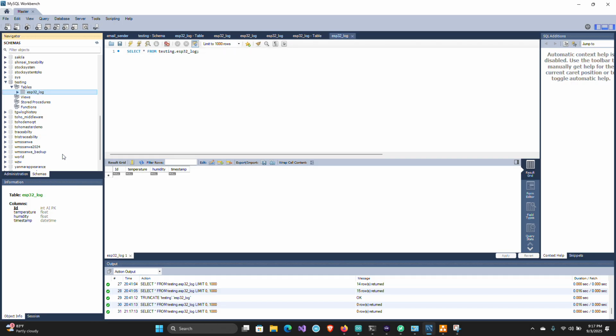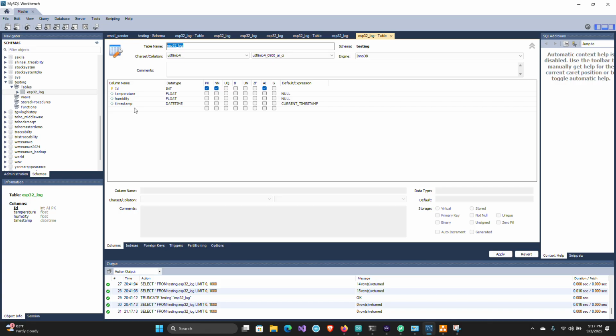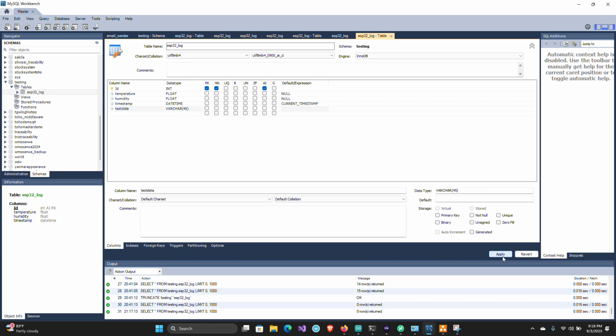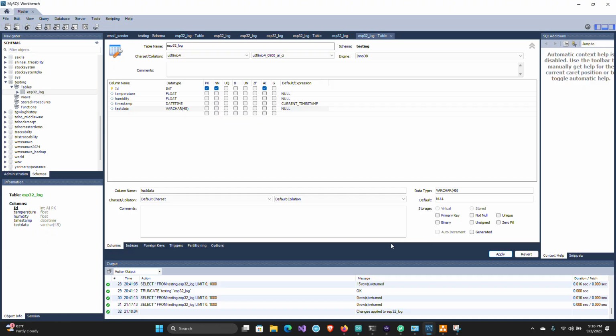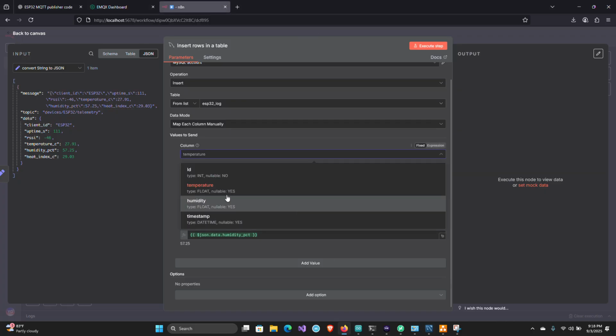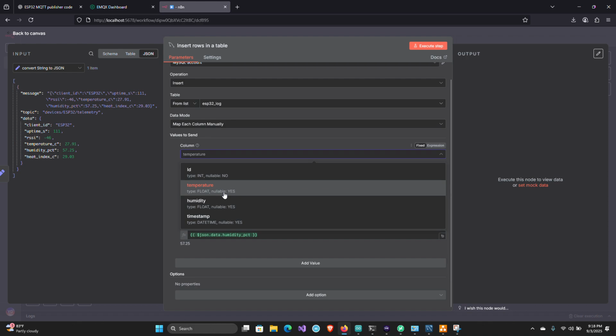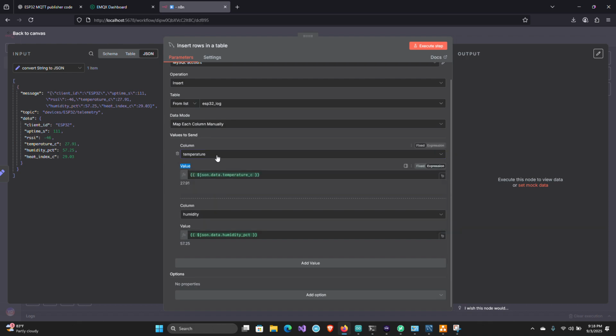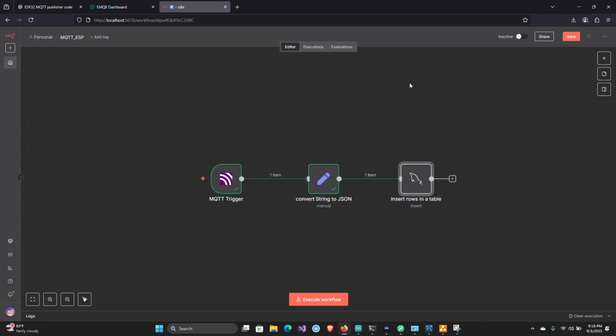And see, if you add a new entity here, test data, and go back to N8N, try to open again.